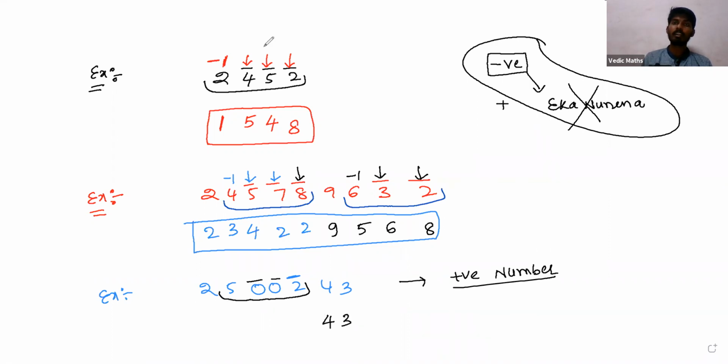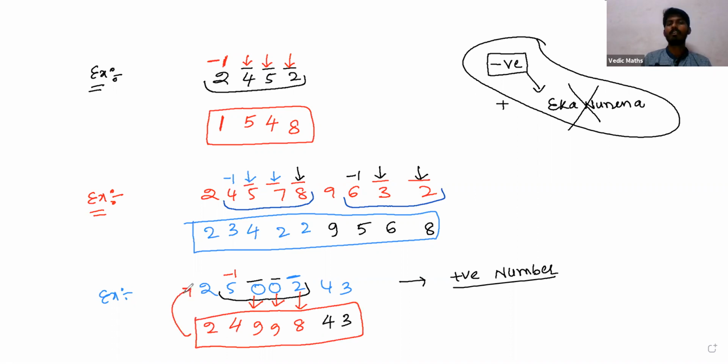On the group, I am applying all from 9, last from 10, along with Ekanyunena. So from 10, 8; from 9, 9; from 9, 9; subtract 1 from this number, then you are getting 4, and I write 2 as it is. So this is the solution of the given question. In this way, we have to convert. Let us try to take some more examples here.